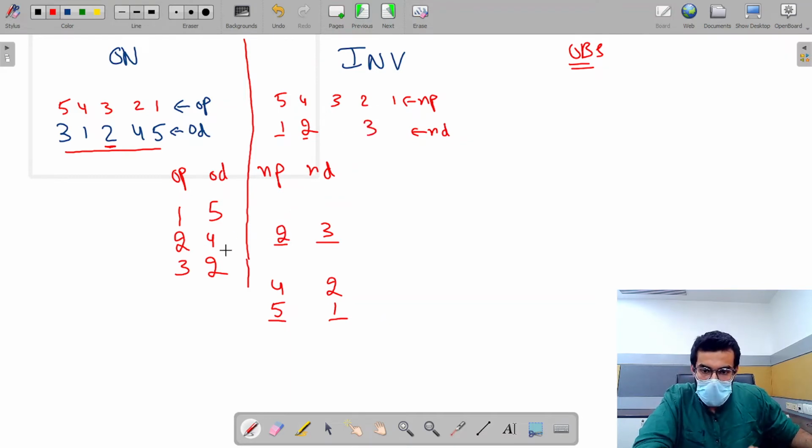Carefully see it over here. I am again telling you that the original digit has now become the new position, and the original position has now become the new digit. And now we are on the original position 4 and we find that the original digit is 1. Now this original digit becomes the new position. So new position 1 and the new digit becomes 4. So on the first position we are putting 4.